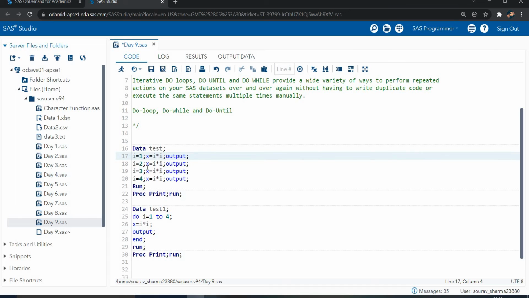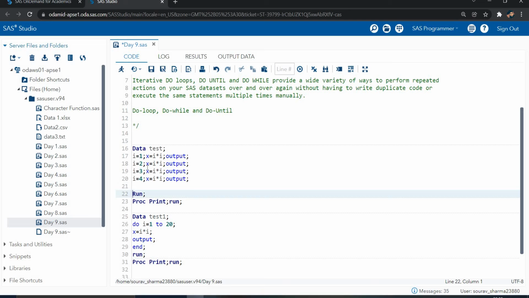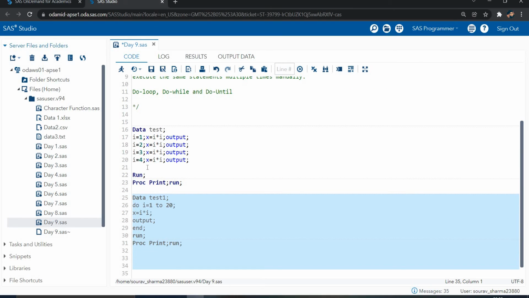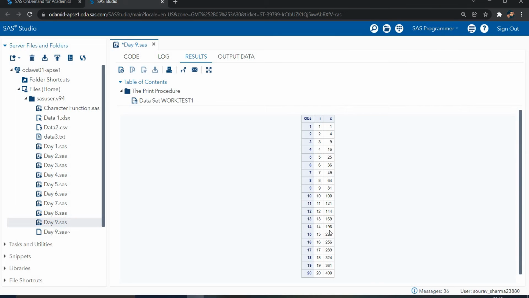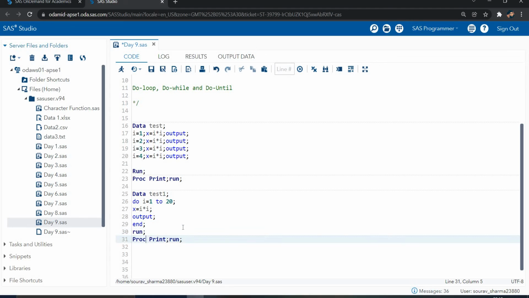So with the help of the loop, we are not writing like this one. First we declare I as 1 2 3 4. Let's suppose I want the loop till 20. This is very easy. With the previous manual one, I have to write 1 to 20 and copy till 20, but with this it is very easy. So I write the end statement, my loop till 20. Now it automatically gives the output till 20. So loop is very useful if you're doing repetitive work.